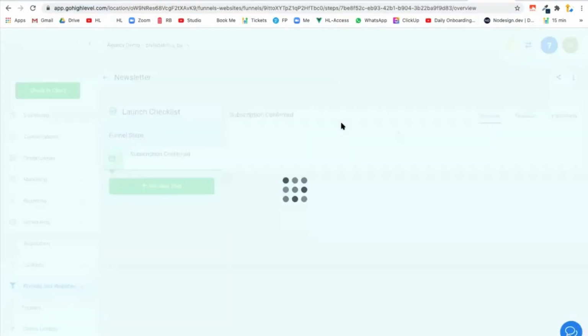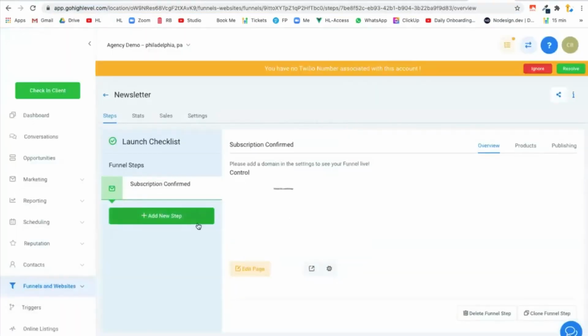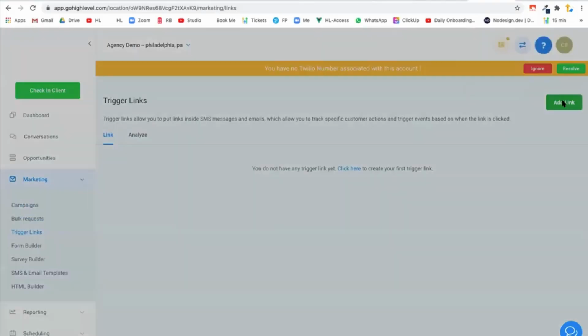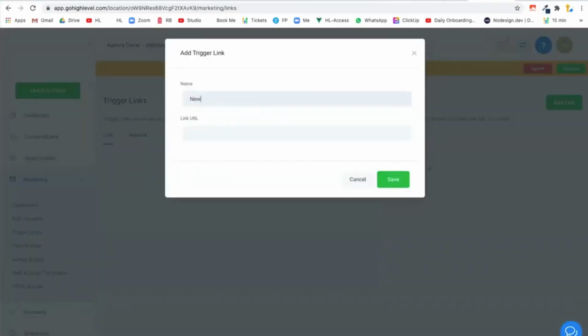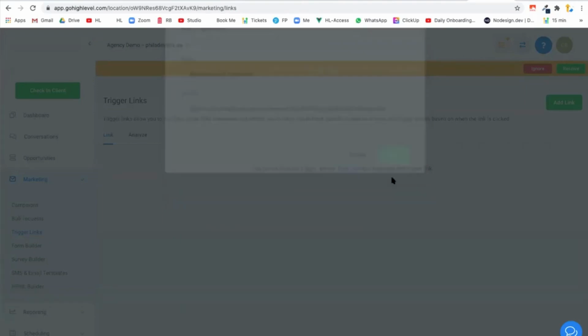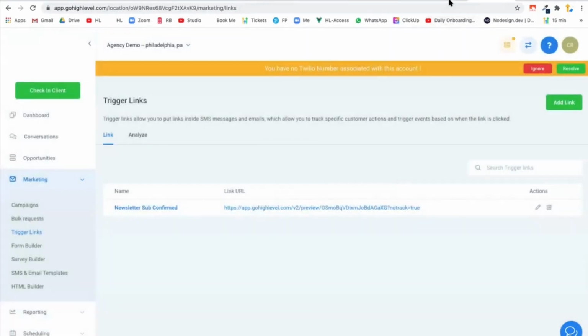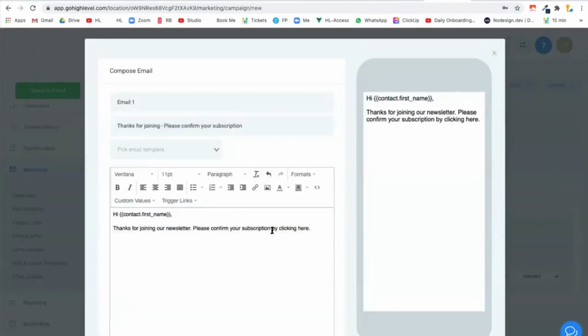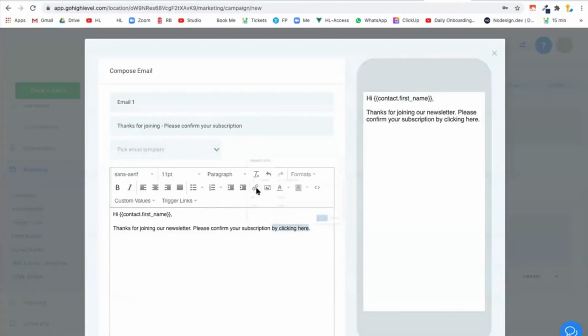Okay, so you would take the URL, put it on a real URL, right? Take the URL, head on over to marketing, trigger links. We'll make one, and we'll call it newsletter sub confirmed. Great. Now we can go back to our campaign, hit edit, copy by clicking here, or highlight that,